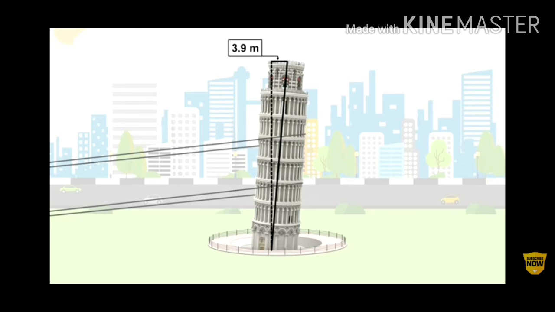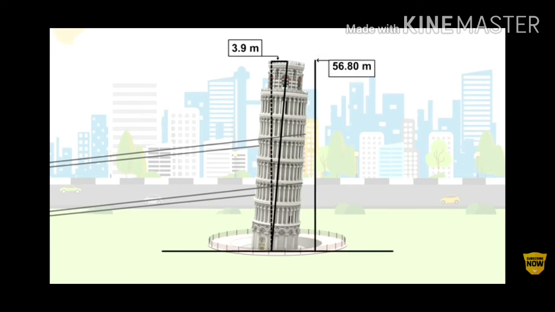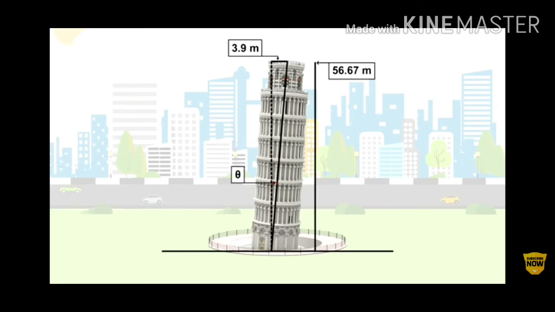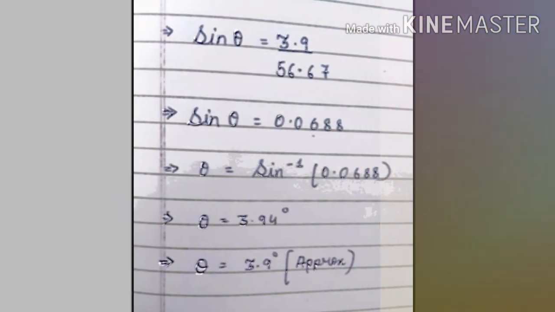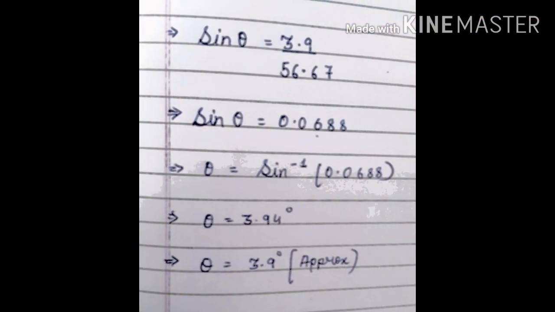56.67 meters. From the figure, we can see that the height of the tower acts as the hypotenuse, and its distance from the center acts as the perpendicular. So again they made calculations with new values of perpendicular and hypotenuse. By applying the same formula, which was sin theta is equal to perpendicular upon hypotenuse, which implies sin theta is equal to 3.9 divided by 56.67, which implies sin theta is equal to